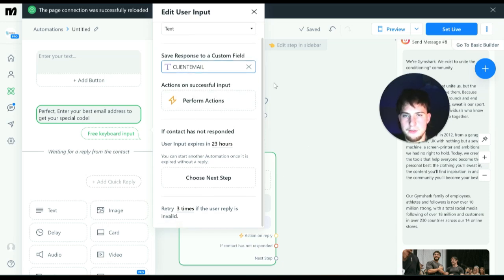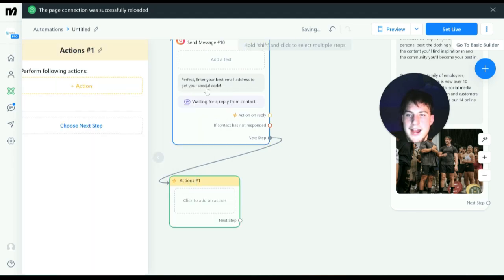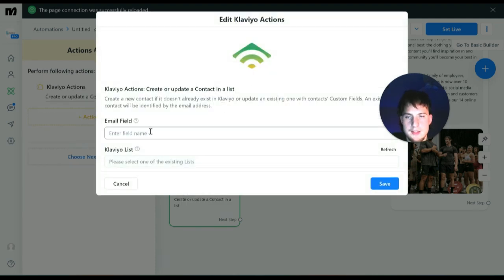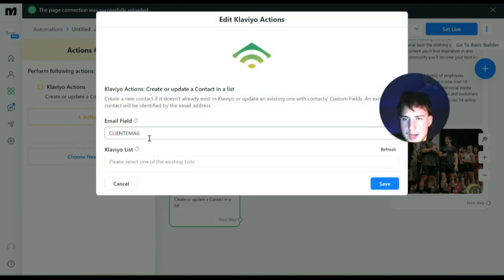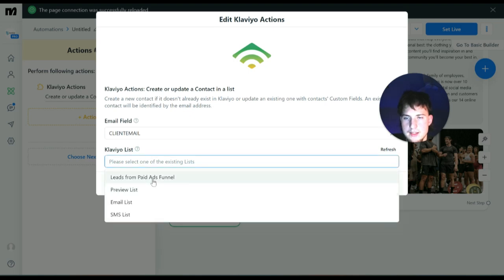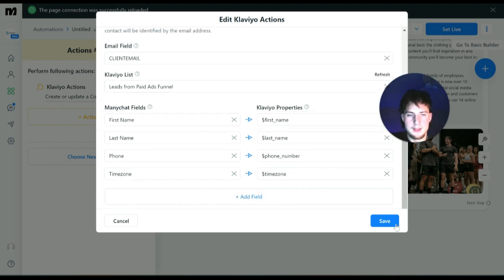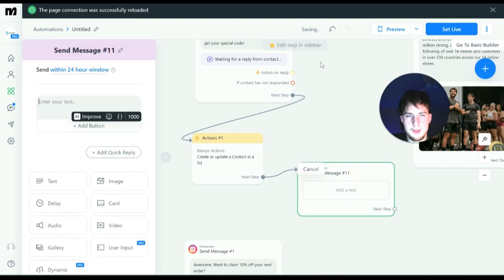And then from this, you want to drag this out and click on actions, and then you want to head over to Klaviyo. So this is where you create and update a contact in a list. So grabbing the field you saved it to, and then you just want to select which list you want to add it to. This will most likely be your big newsletter one, and then just save that there. And then from this, another message,